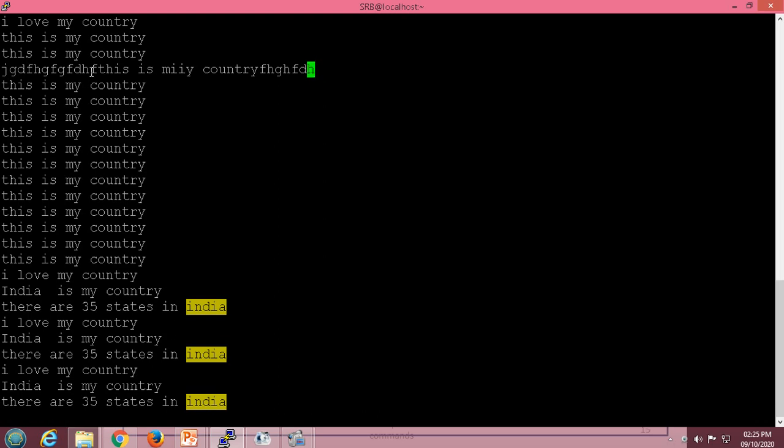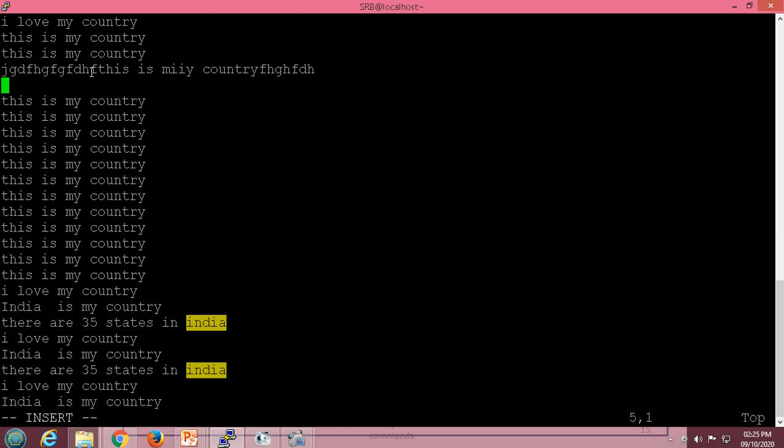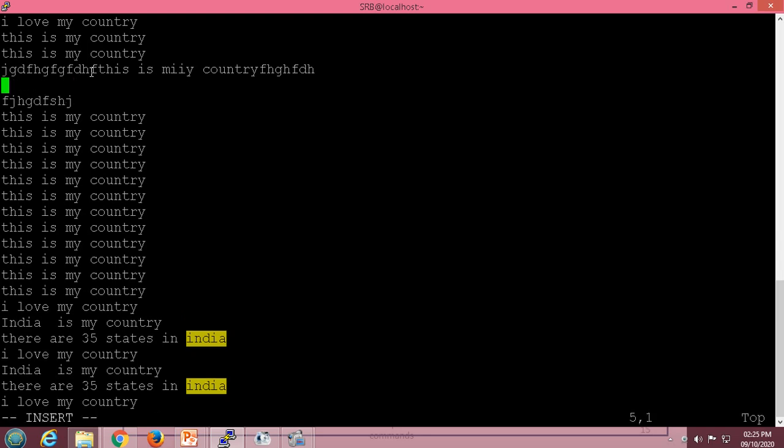The next command is small o. So I will press escape, small o. This will create a new line at the next line from where I can insert my characters or text. There is another command, capital O. So I will press escape, capital O. It will make one line blank above the current line, meaning it inserts a line above the line we have specified. So these are all the insert mode commands.